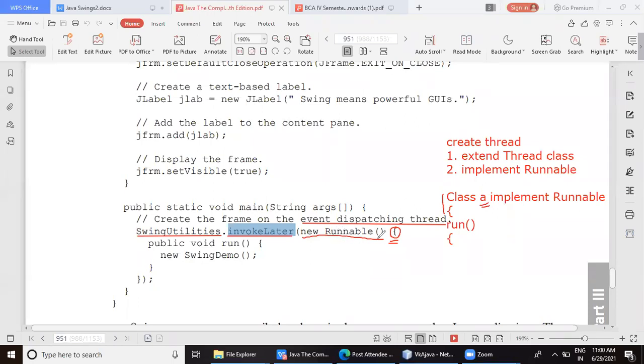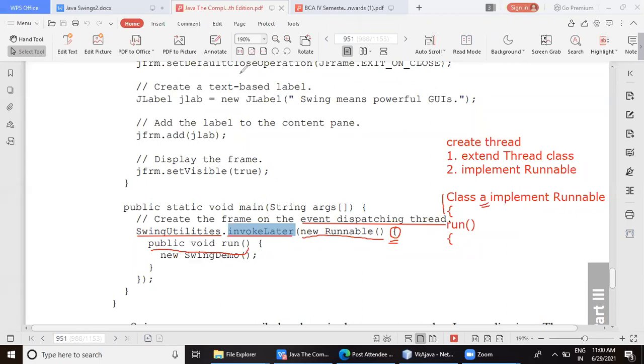So I'm creating that new thread here directly inside this invokeLater method by saying new Runnable. And before I close the semicolon here, because I'm not finishing my instantiation, I'm doing it for an anonymous inner class. So my anonymous inner class definition starts here, inside which I want to override the method run.